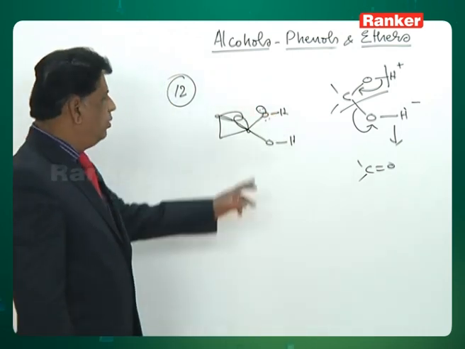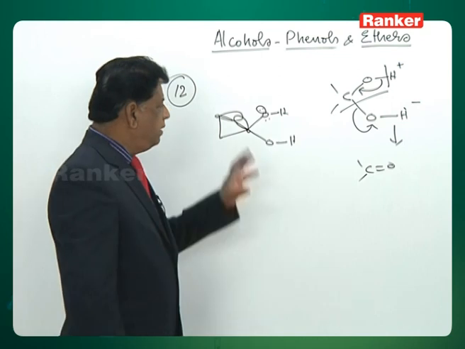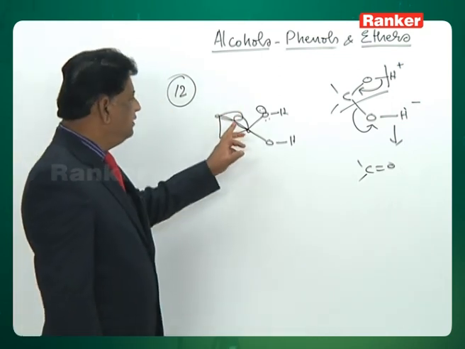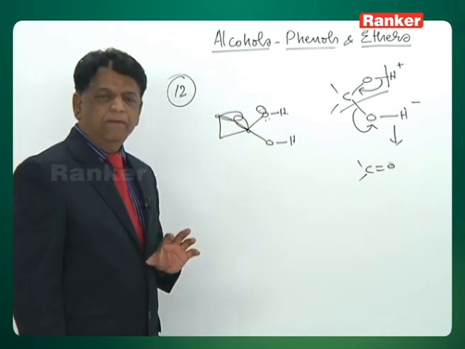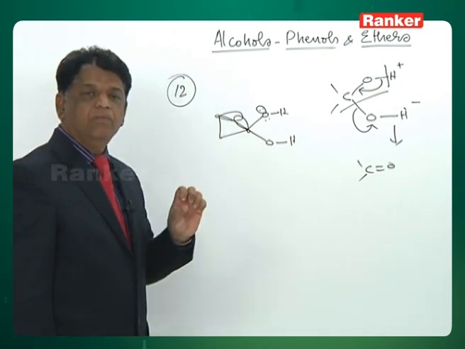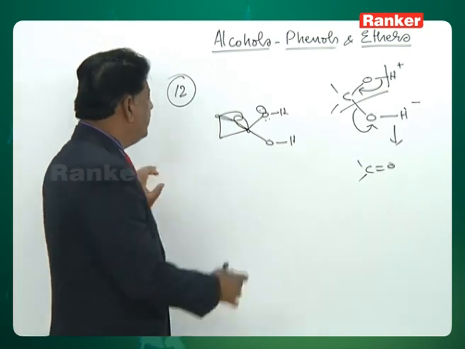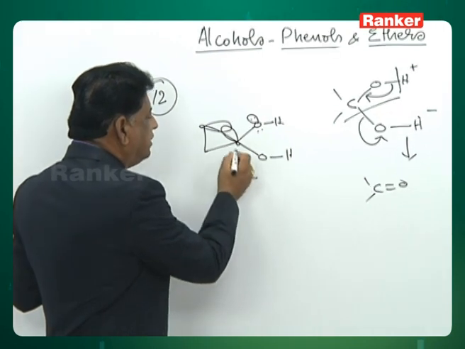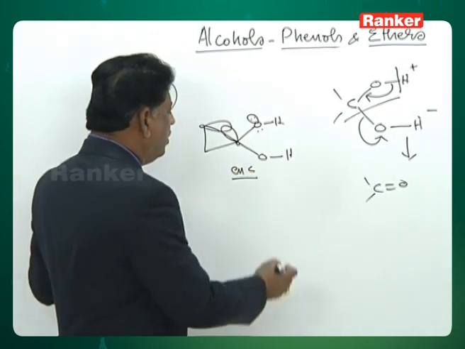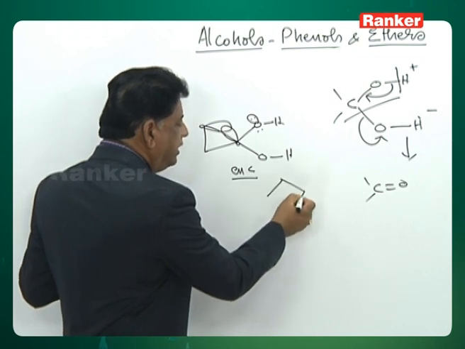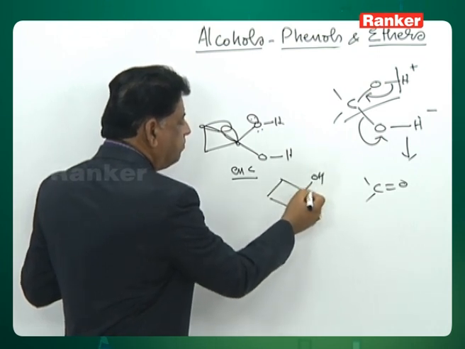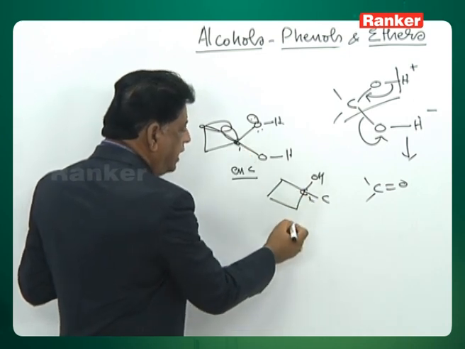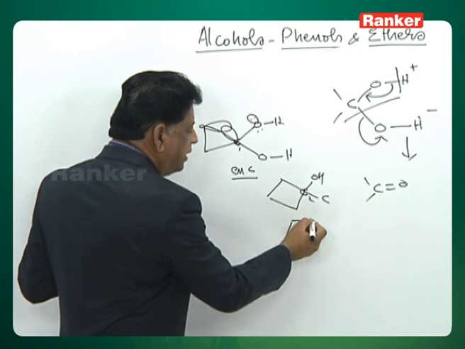So therefore both the OHs will have the binding capacity with this one. It also can be explained that whenever these unpaired electrons are there, the carbon will have more electron withdrawing capacity. So the electronegativity of the carbon of this type will be more than the electronegativity of the carbon where it is a 4-membered ring with diols. So, the electronegativity of the carbon 1, carbon 2 and the electronegativity of the carbon,